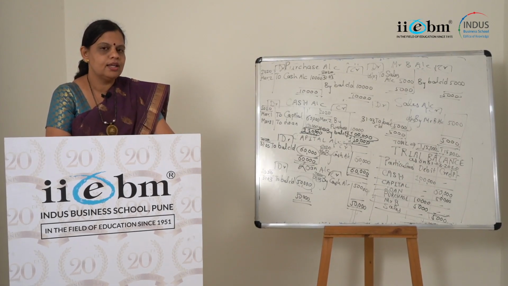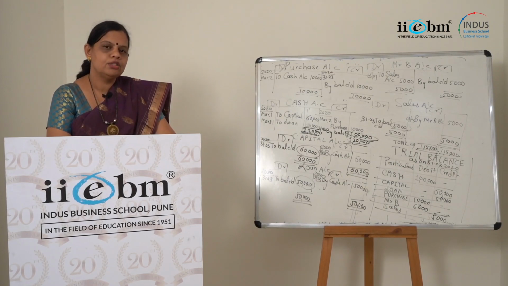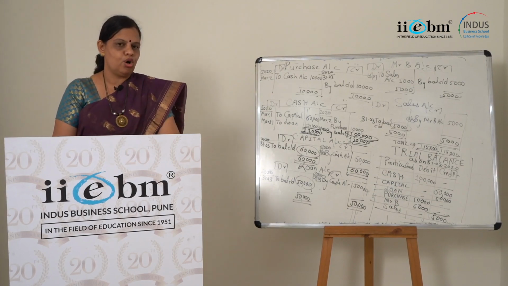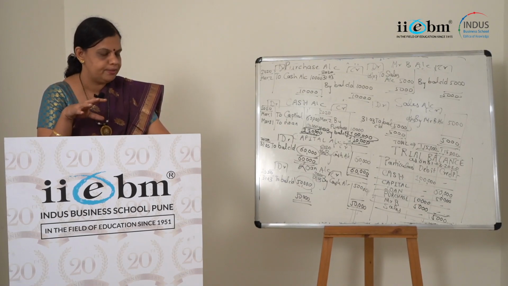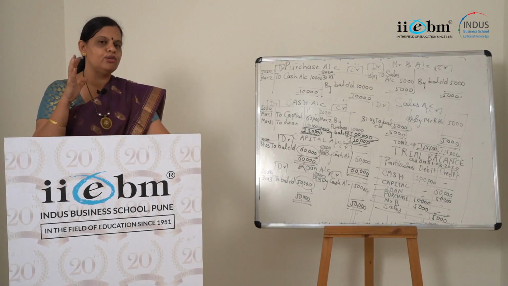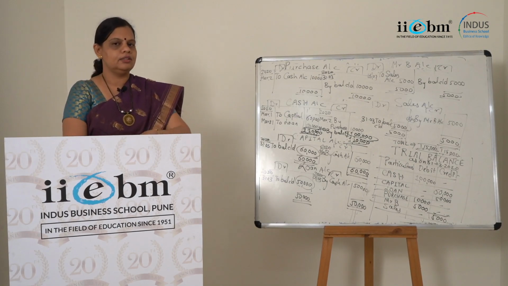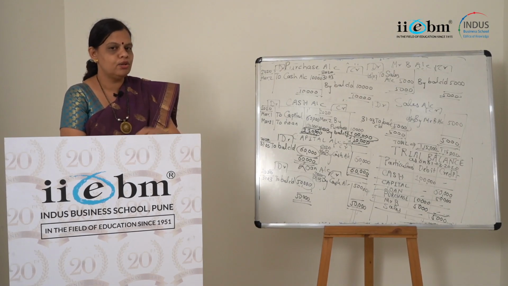correct. Once again, I would like to tell you, nowadays we are using one machine, a computer, for the purpose of recording. So your trial balance will always match, because if you don't give the correct amount on account of credit, or you don't put the correct amount on account of debit, then immediately the message will get reflected that your debit credit is not matching. So this matching of debit credit, you are doing it right from journal entry. So there won't be any question of not tallying the trial balance when you are using one computer for the purpose of recording. It is not manual accounting, right?